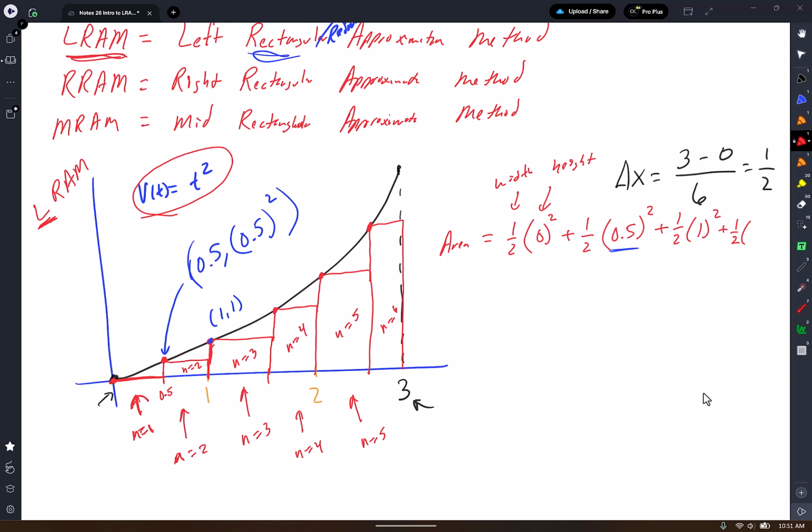I know it's an implication of the formula. Yeah, the formula is t squared or x squared. So that's how you're getting your y value. I understand that. There you go. Because if we don't know the y value, then we just plug into the formula. Yep. Okay. 1.5 squared